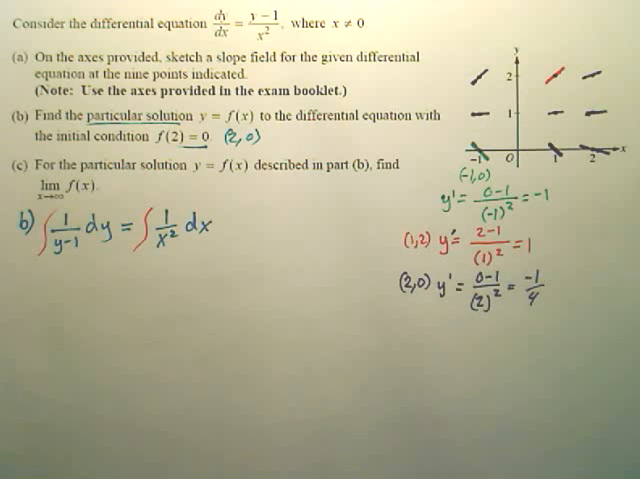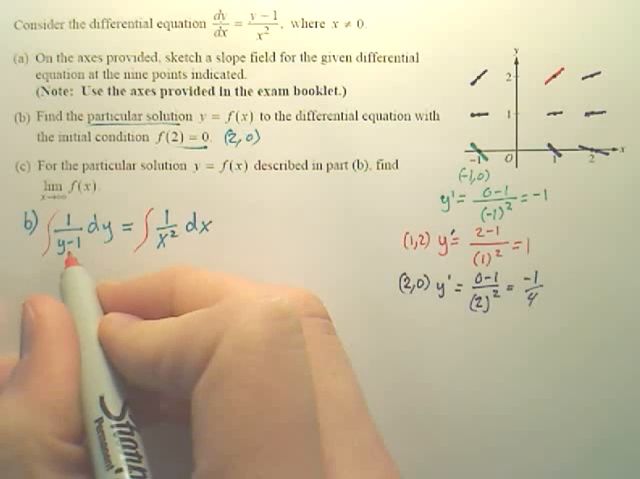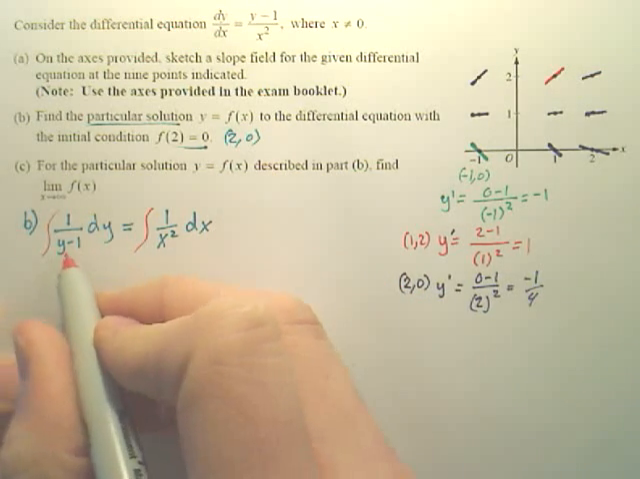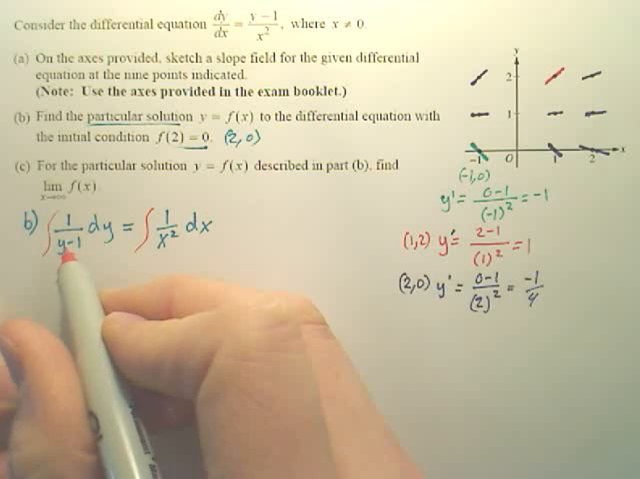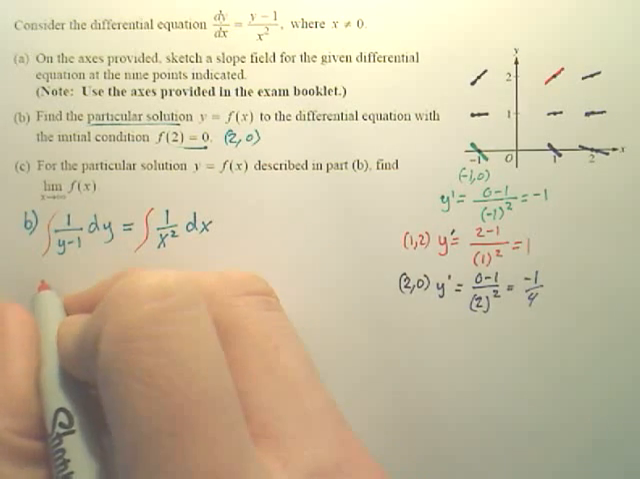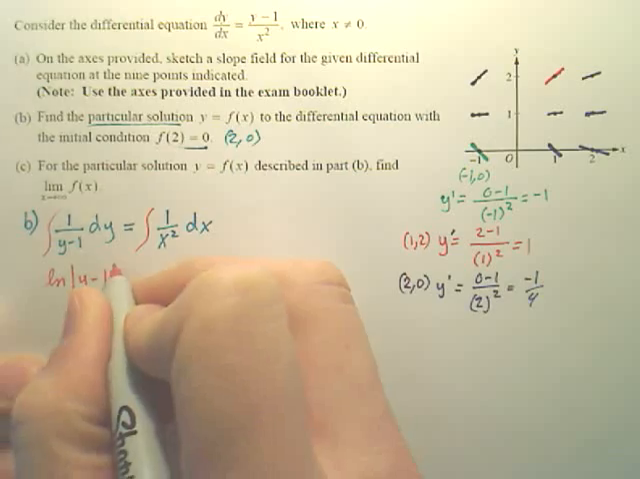When we integrate both sides, you have to use substitution here, but when you do use substitution, is that going to change anything? No. So isn't this ln? When it's anything, 1 over u is ln. So this is going to be ln absolute value of 1 minus y